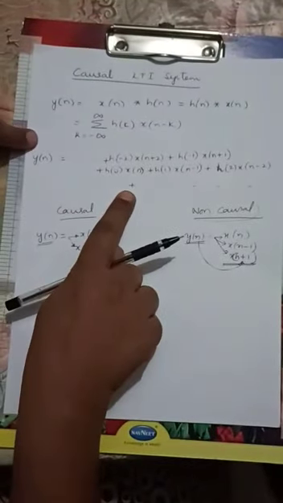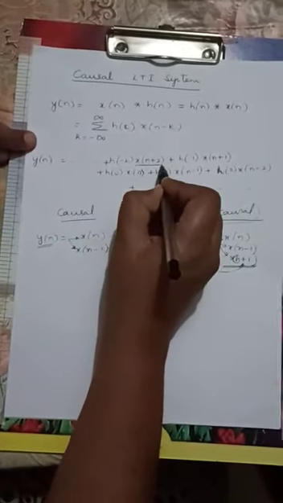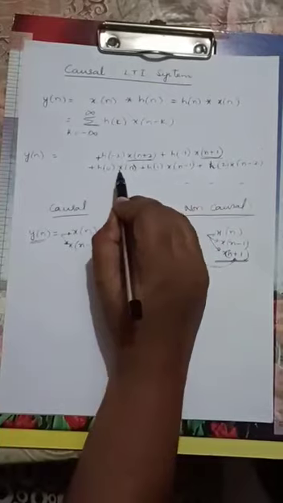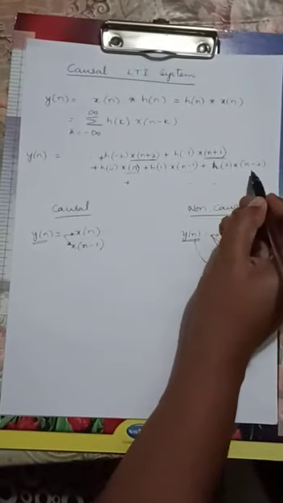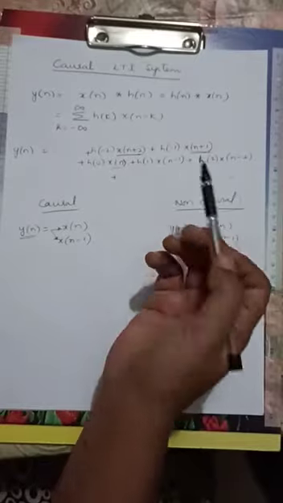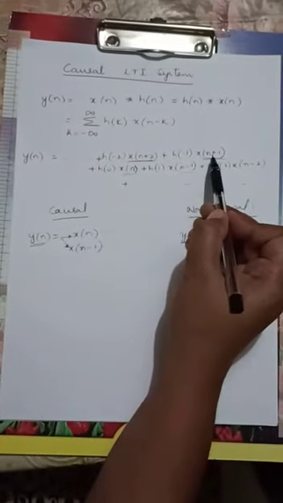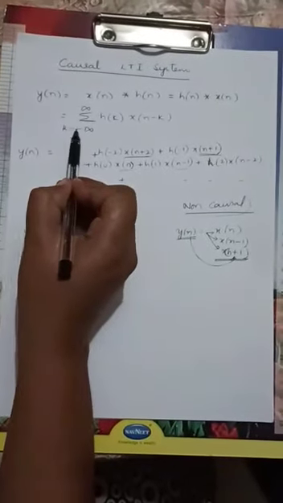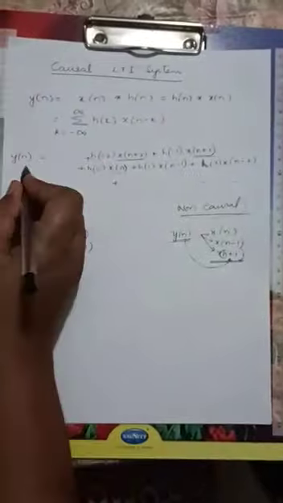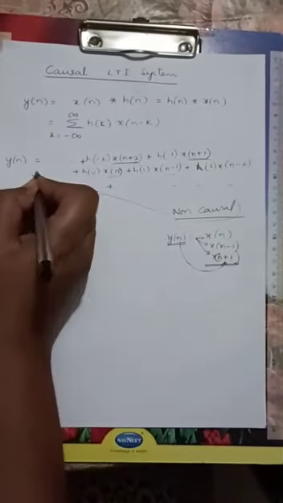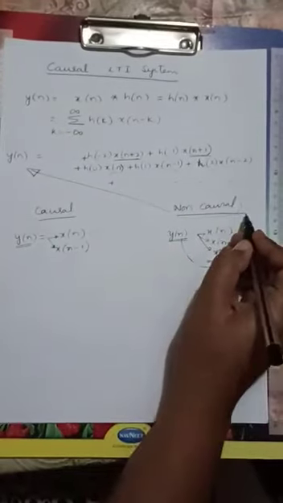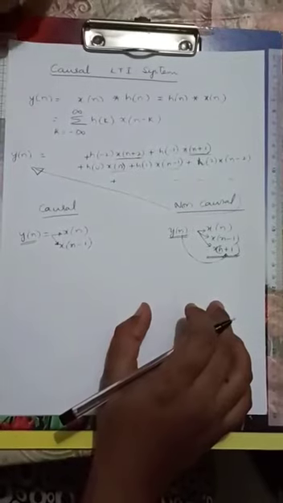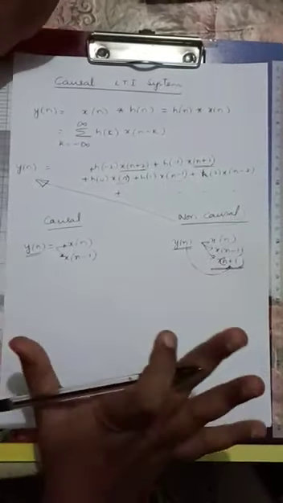If you see the definition of the LTI system, here you can observe the x of n plus 2, n plus 1 or n plus k terms along with the x of n term and n minus 1, n minus 2. Even though I have x of n minus 1 terms, because of the presence of x of n plus 1, n plus 2, like that x of n plus k terms, since it is defined from minus infinity to plus infinity, basically your y of n, the output of an LTI system, is non-causal. That means from the definition of the convolution sum, we say an LTI system is normally a non-causal system.